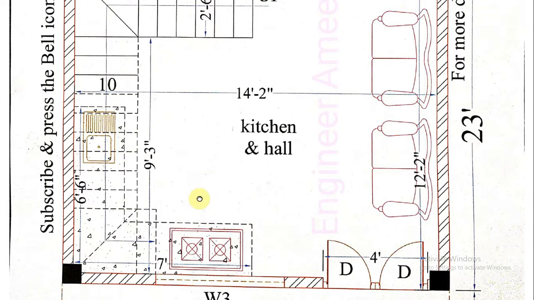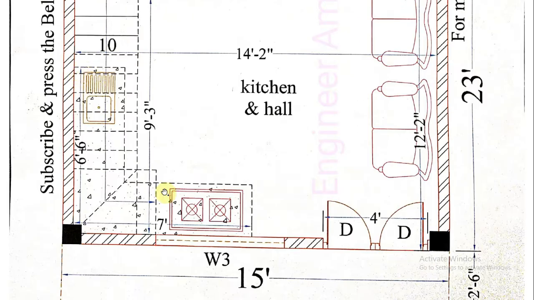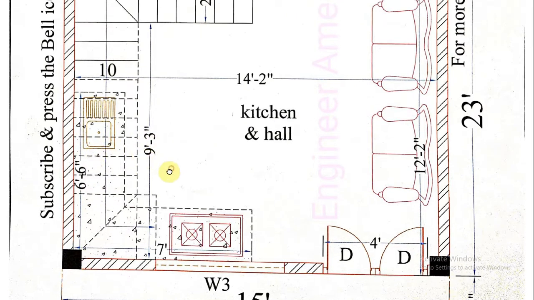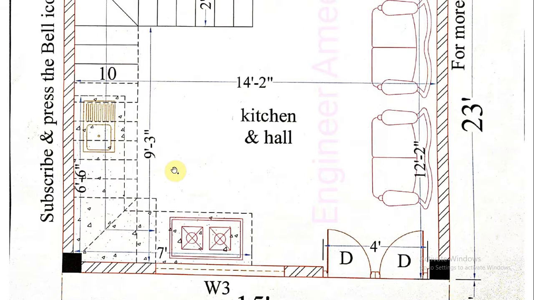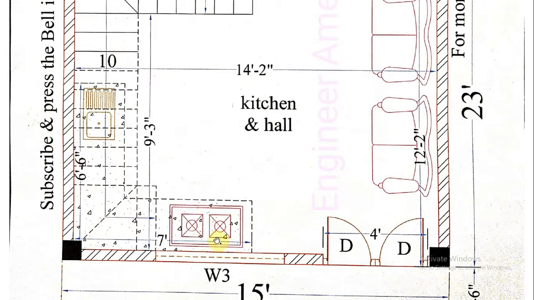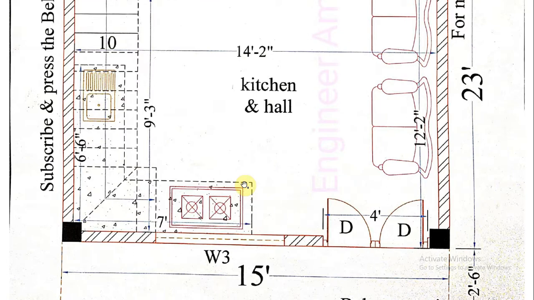So there is one open kitchen. You can see that this line is the open kitchen line. This kitchen length is 7 feet from this wall to this wall. I put a gas stove here, and a pot wash sink here we can use. And in this direction, from this wall, it is 6 feet 6 inch. This is the open modern kitchen. Whatever smoke there will be here will go outside with the help of this window.